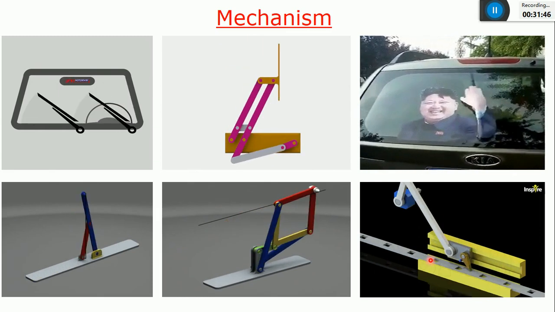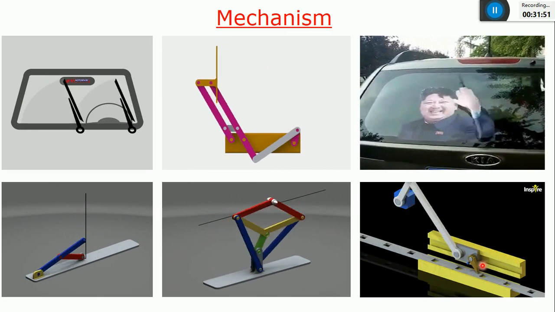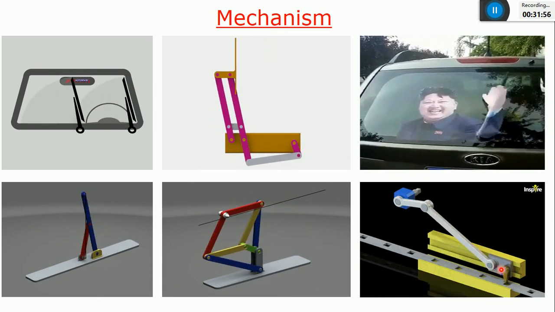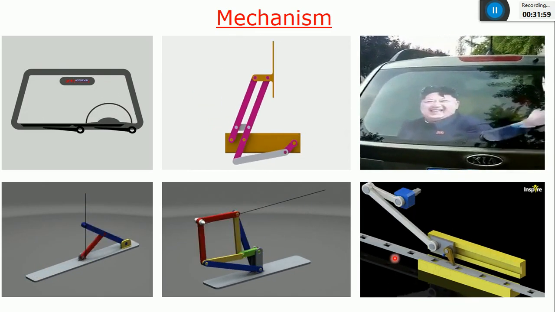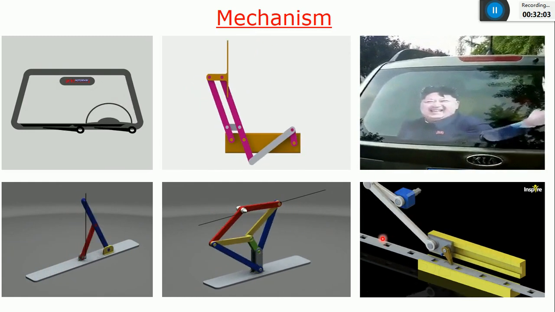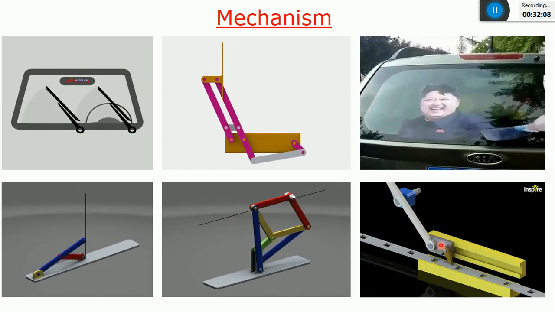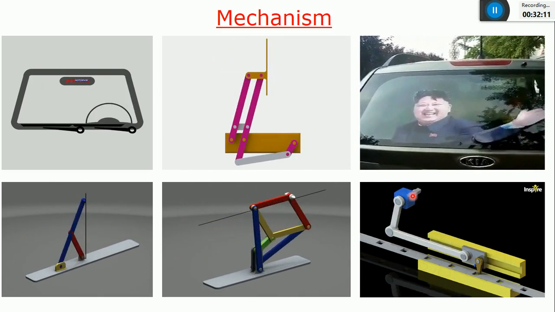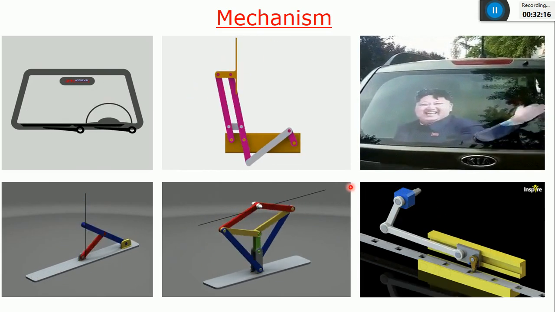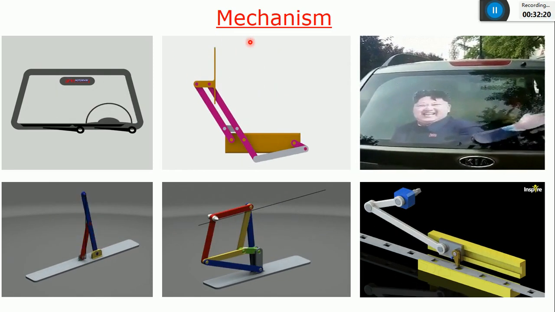And finally, it's also one type of mechanism which is called a ratchet and pawl mechanism. They're converting a rotary motion into linear motion, which is used in conveyors in industry. In front of each machine there will be a conveyor to transfer the work pieces from one station to another station. You are using such a kind of mechanism. It is also a sliding type. You can see one link has to be fixed. So all are examples of a mechanism. Okay, so I think this is clear, I hope. What is the difference between a kinematic chain and a mechanism?